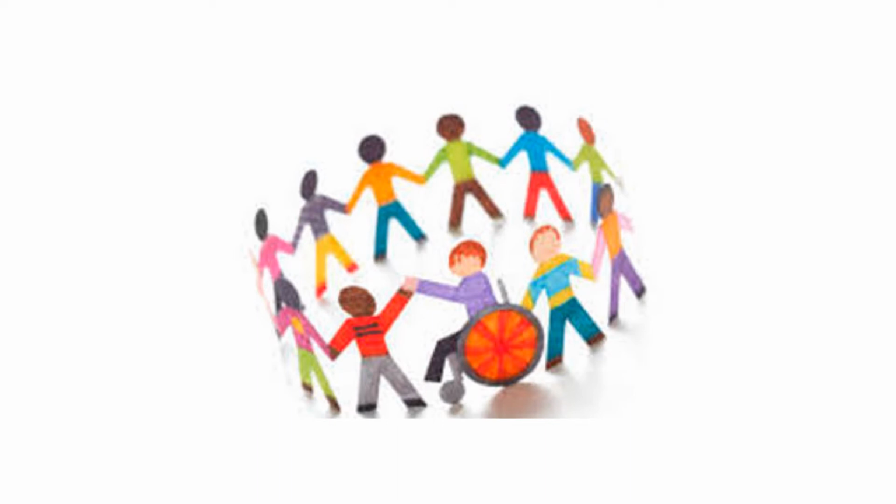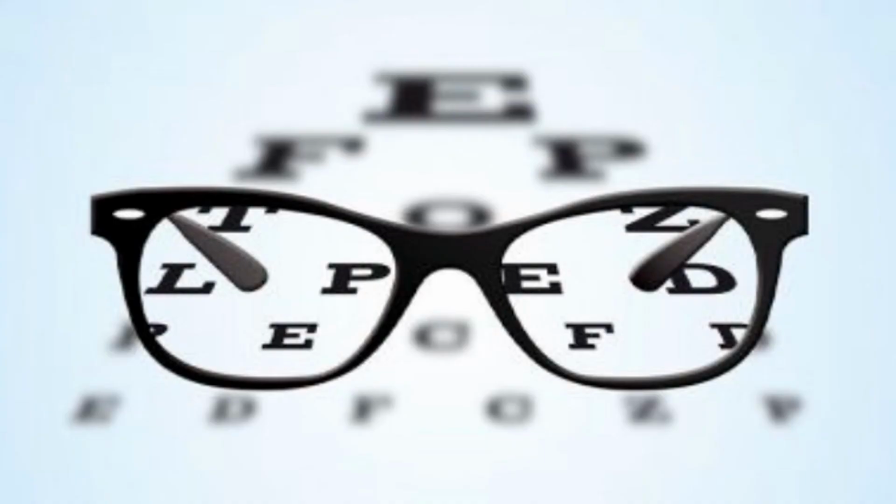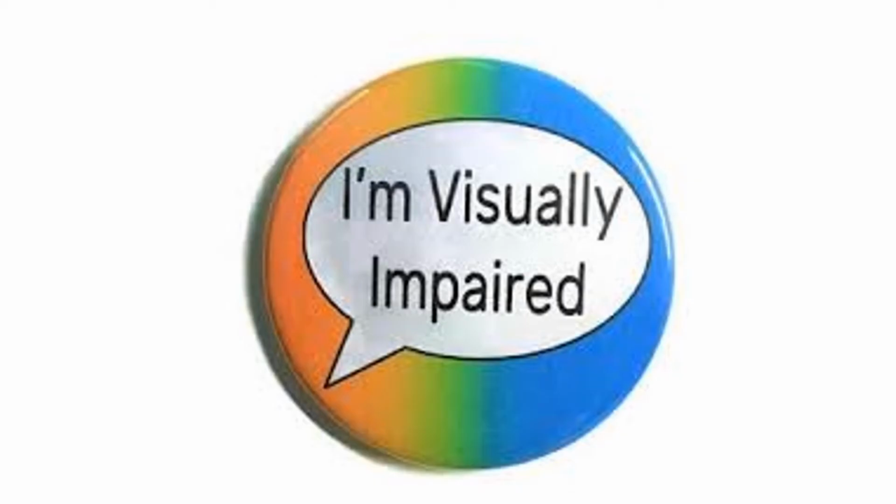Sixth, moving further away or closer to light. Seventh, moving their head instead of their eyes when reading. And eighth, stumbling on objects when walking in the classroom. These are all warning signs that teachers and parents should be looking for if they believe a child may have a visual impairment. Next, I will be going over 6 essential facts that teachers must know about students with visual